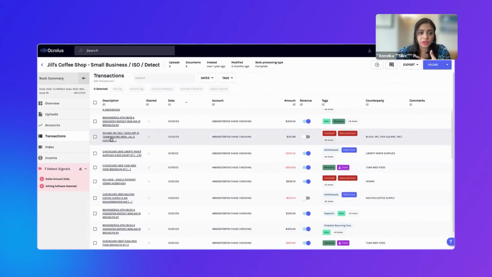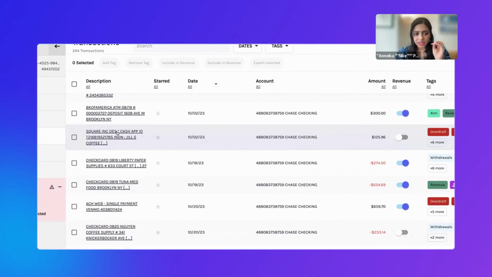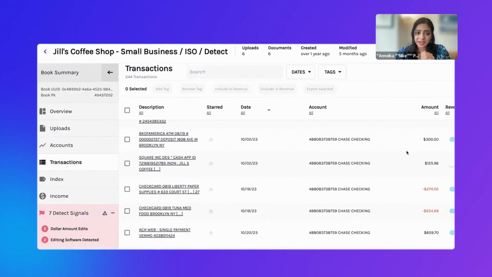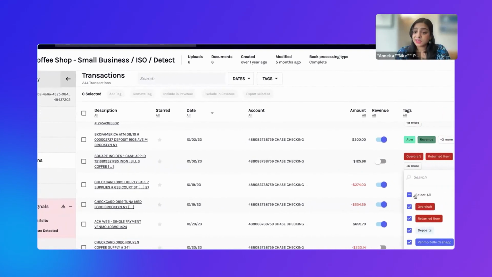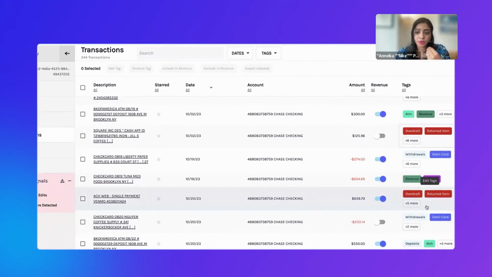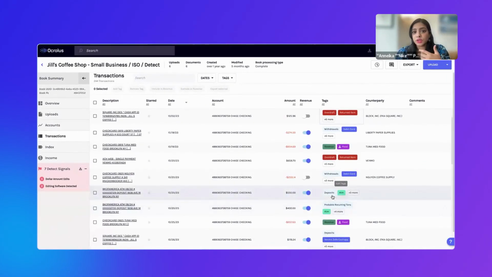So we will tear up a bank statement, parse all the transactions with 99% plus accuracy, and we will say, okay, this description here is actually an overdraft, this is a returned item. We'll tell you, does it contribute to revenue? Is it a debt payment or proceed? Is it an expense? We've gotten really good at that through a combination of large language models and review from